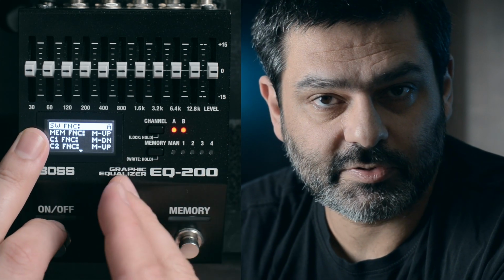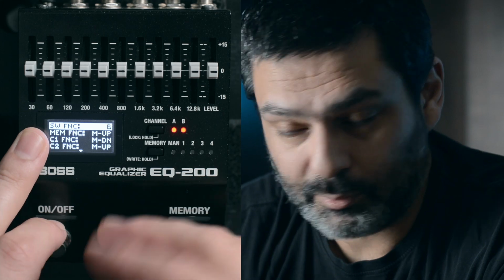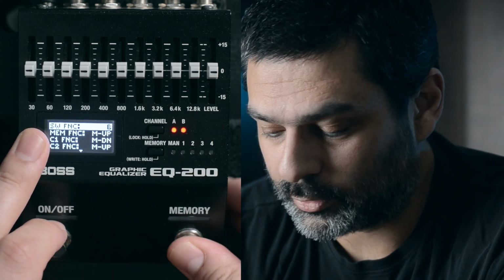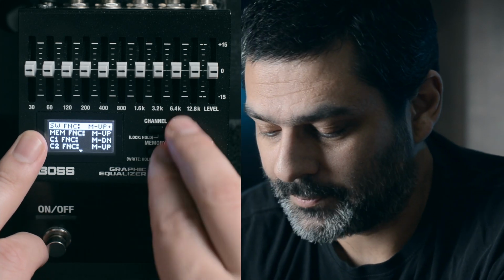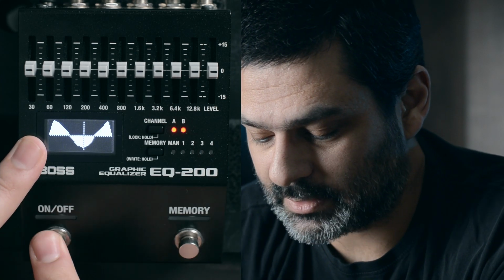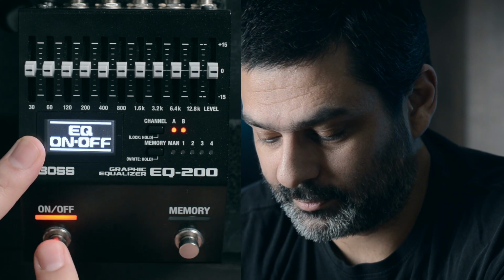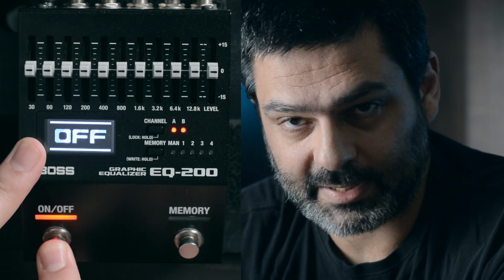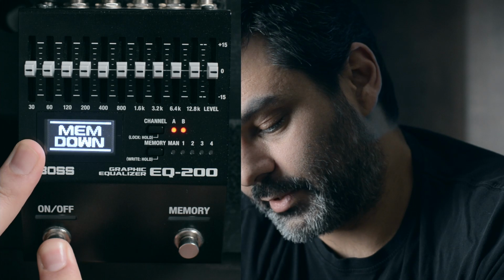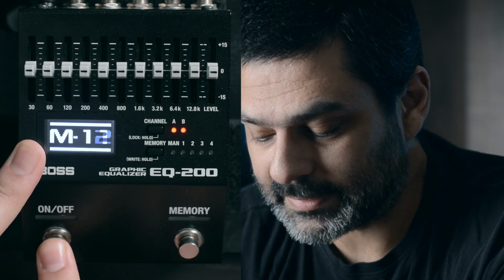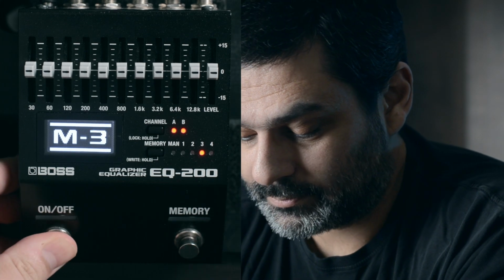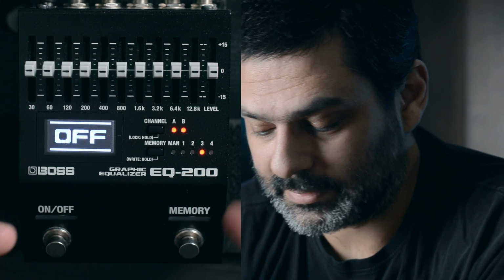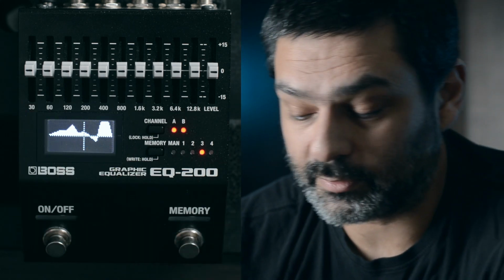So A allows you to turn channel A on and off, B, same thing, channel B on and off, or you can have memory down plus and memory up plus. What this plus means is that if you press and hold the on-off switch, it converts back to on-off, or if you press and hold, it converts to memory down, and then it allows you to scroll down. Obviously, this is relatively difficult to do in a live situation. You will have to be tap dancing and holding and all of that stuff.